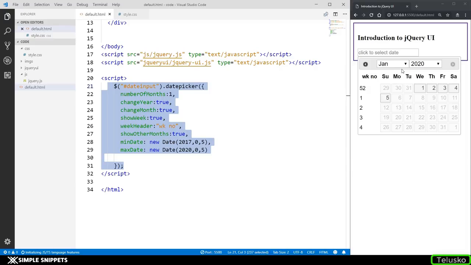And you can see there is a lot of customization, so a lot of things can be done in jQuery UI. So this is one of the practical applications, that is the widgets in jQuery UI. And we'll see a few more of them, different types of widgets which you can actually use in your projects. So yeah, that's it for this video